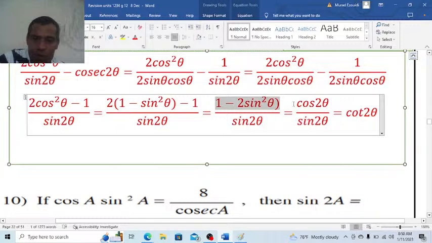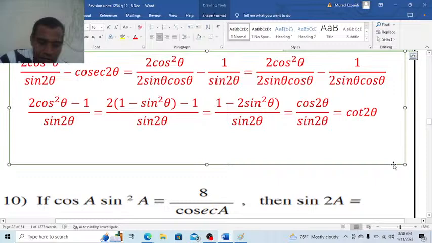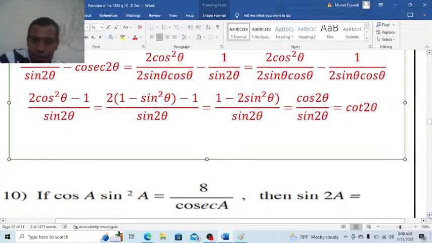Therefore, I have shown the first one. Now the next part, we have one question, the next question, learners, about trig functions. This is: if cosine